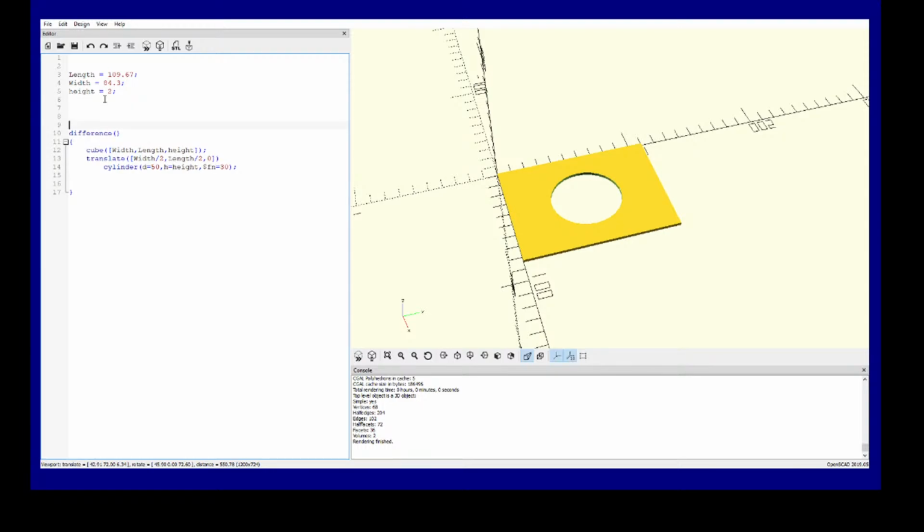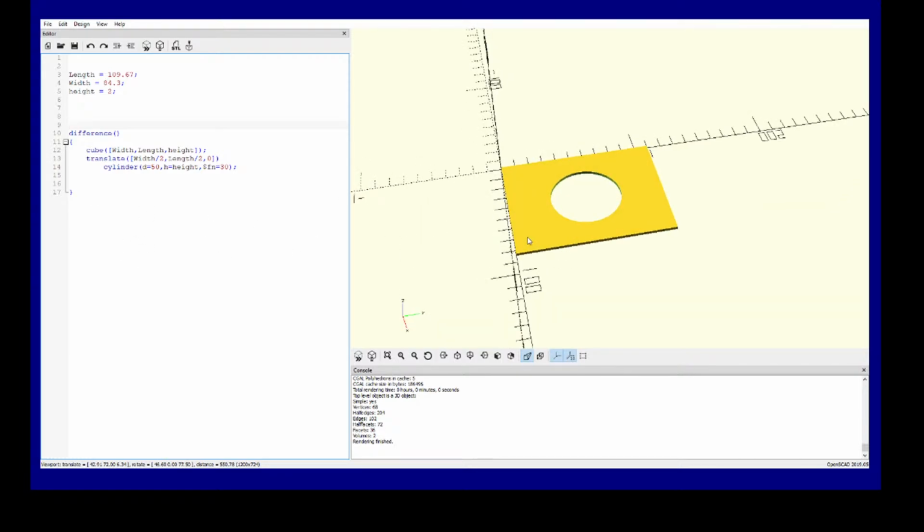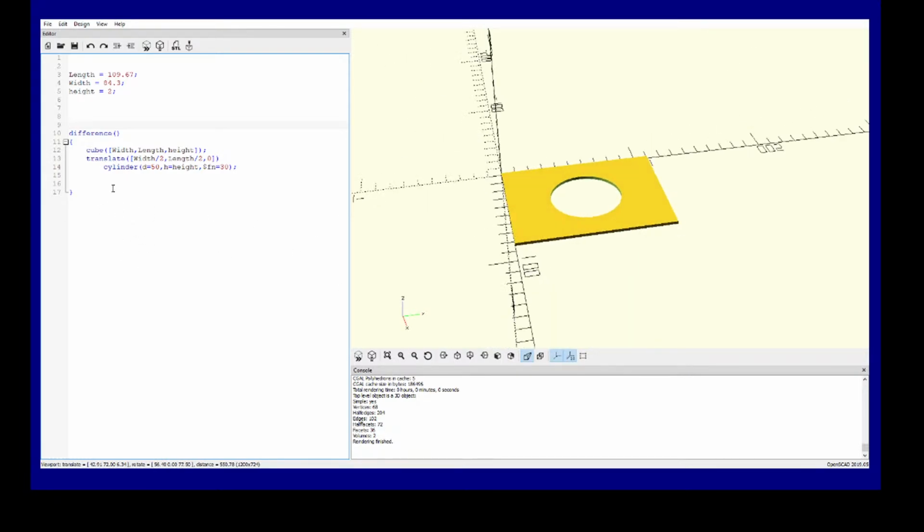You can do 2D extrudes too with primitives. Right now I'm just using objects. So I'm going to put posts on this, but I'm going to make a function to do that. I'm going to say module, and I'm going to call it post. I'm going to give it no parameters for the moment. And then I'll say open and close bracket. And all I'm going to do inside here is I'm going to say